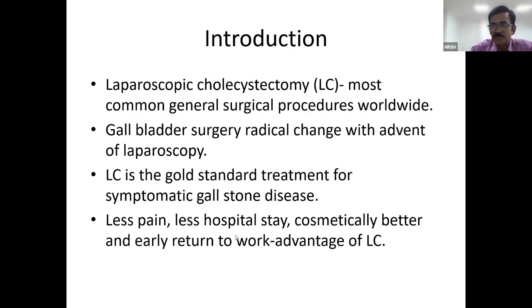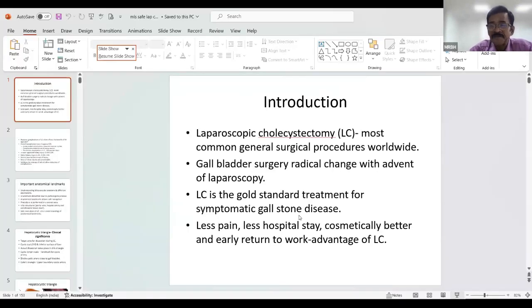I'll be going through the strategies for a safe lap cholecystectomy. So if you start with the basic things in lap cholecystectomy, this is the most common general surgical procedure, and with